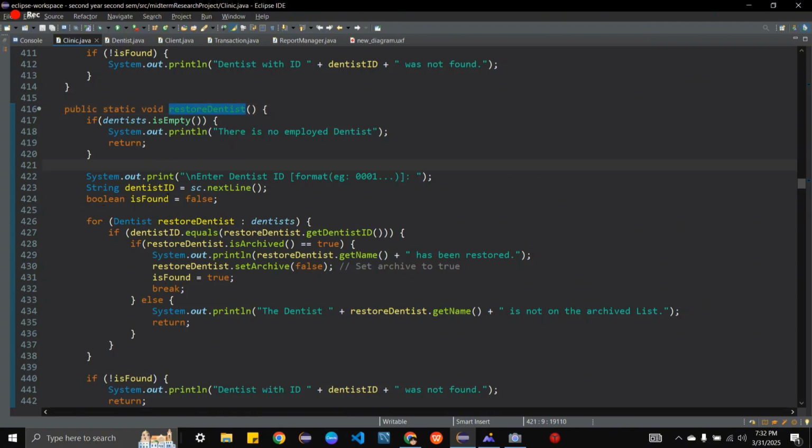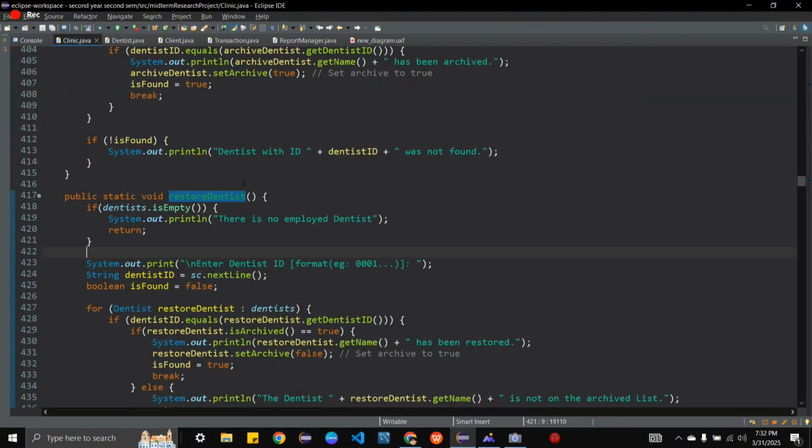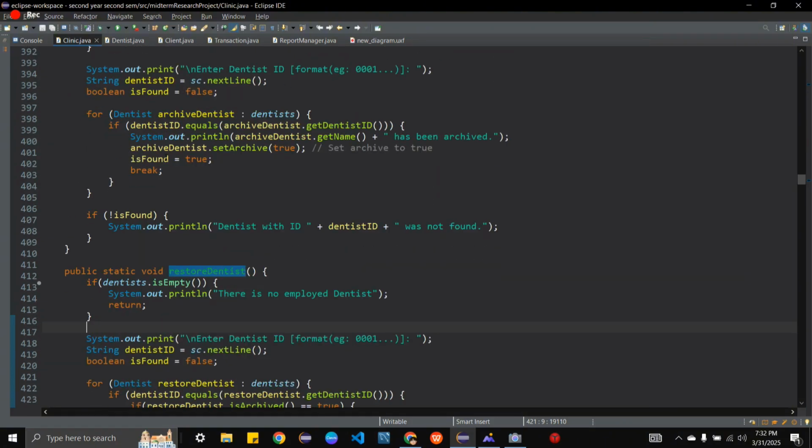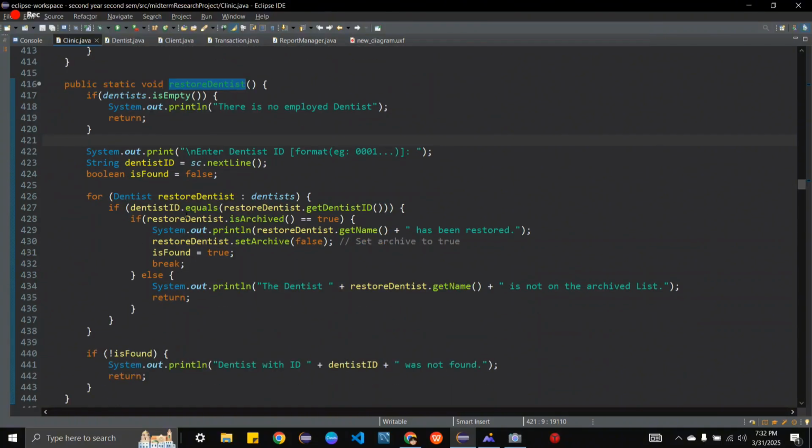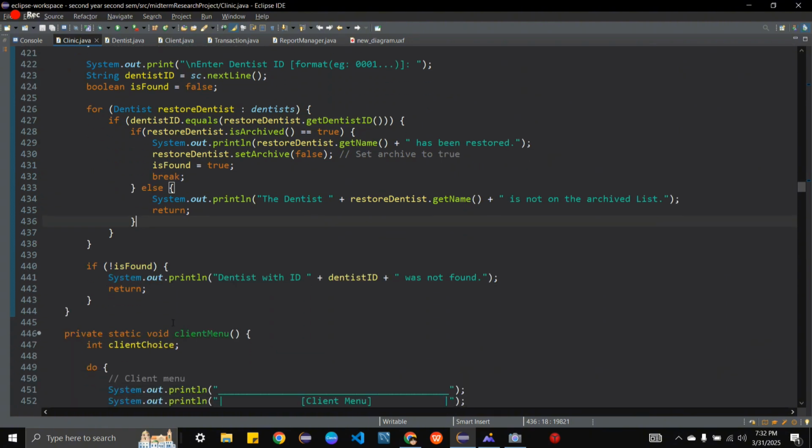Now, the restore dentist has the same concept as archive. The only difference is we set the archive attribute in the dentist class as false, meaning it is not on the archive list. I have added error handling, which if the dentist is not archived, shows a message which signifies it is not recorded in the archive list.